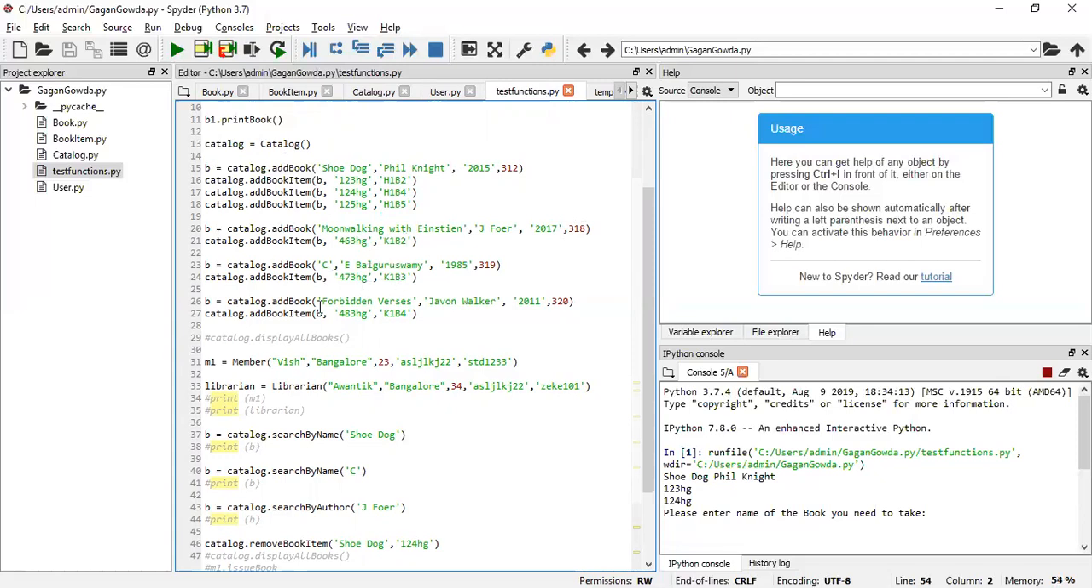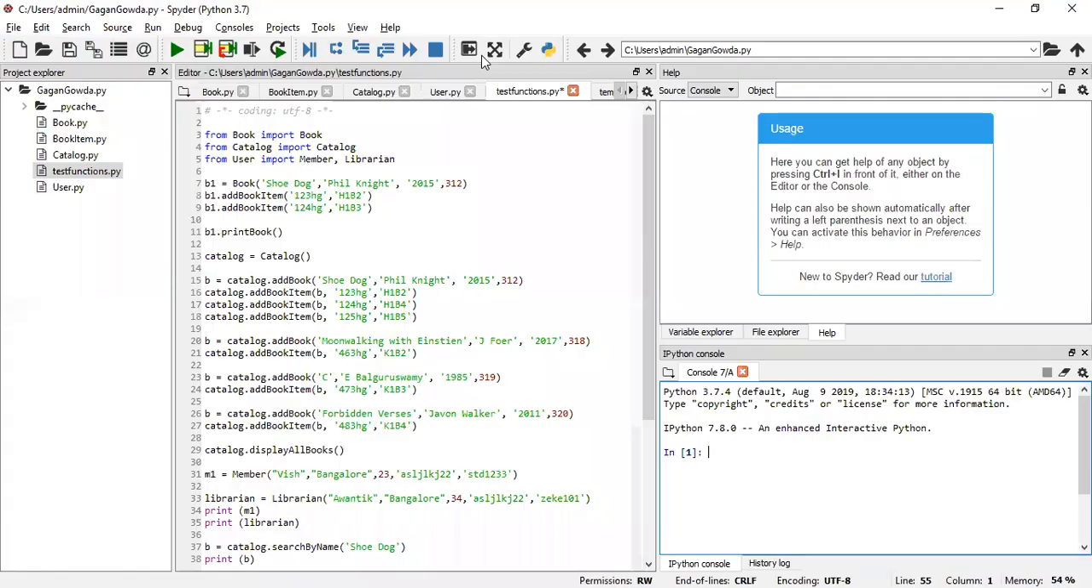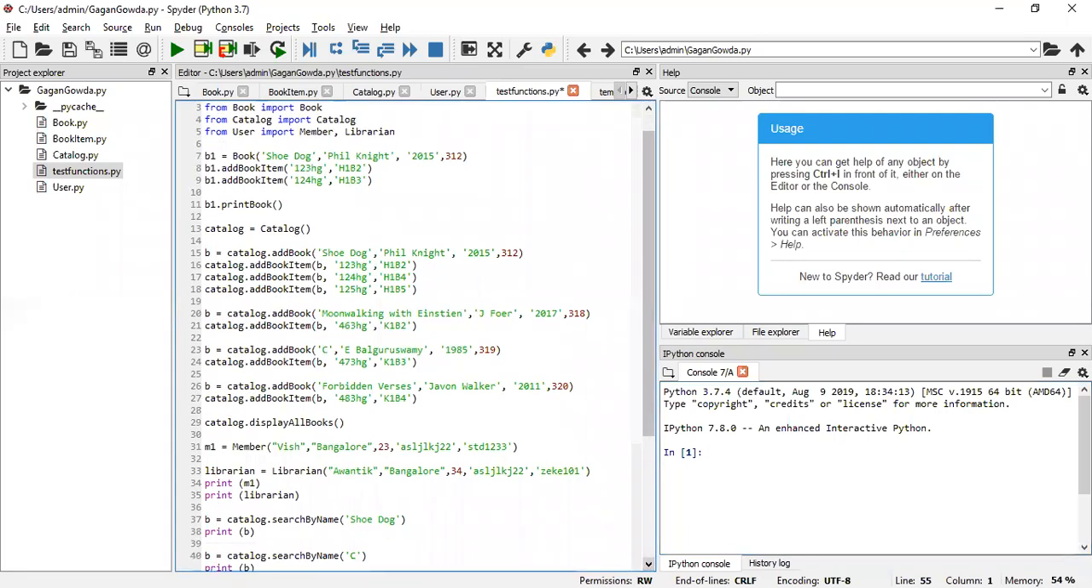And one more book that has been given is The Forbidden Verses, written by Javan Walker in the year 2011. Number of pages is 320. The ISBN code for this book is 483HG and the rack number is K1B4. Later, if we call catalog dot display all books, we will get all the books information in the